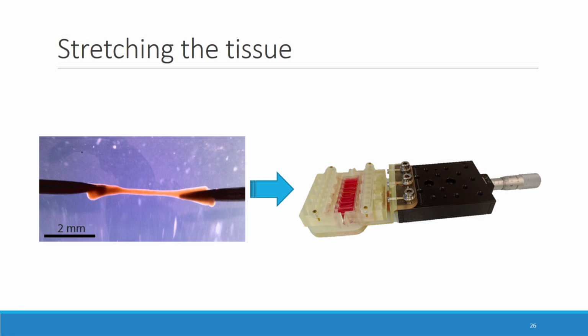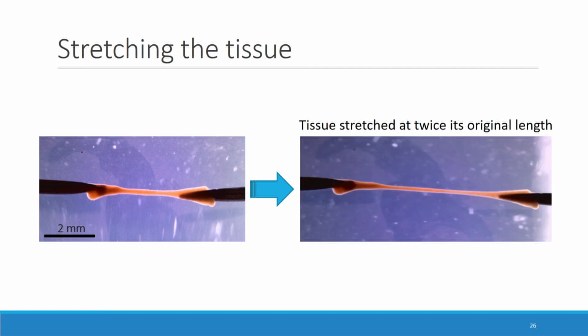And by stretching the chip, we increase the distance between the two needles, which will also deform the tissue. And this is what it looks like when we stretch the tissue at twice its original length. We're able to stretch it that much without the tissue breaking in the middle or detaching from the needles. And now that we have this whole stretching system designed, we can start exploring the impact of stretching on muscle